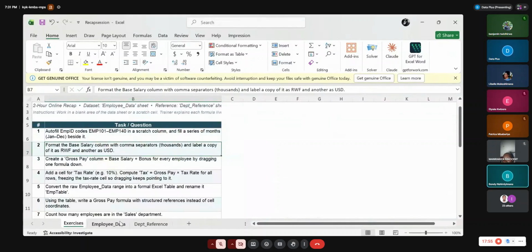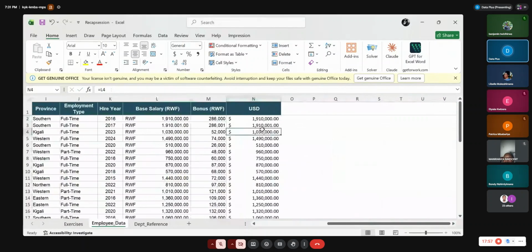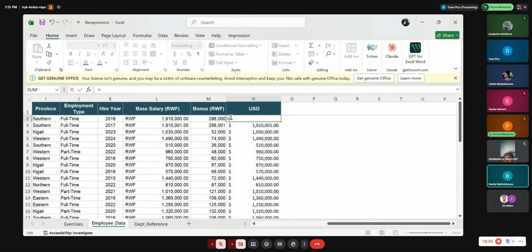So here, the reason I was saying there's another twist missing: although this is turned into USD dollars, it's not really USD dollars, because the figures are not in dollars. So let's turn it into dollars. Let's say something happened and the dollar is constant. It will be equal to